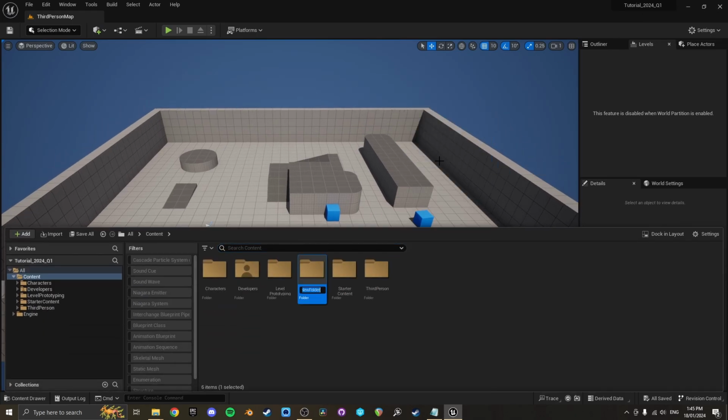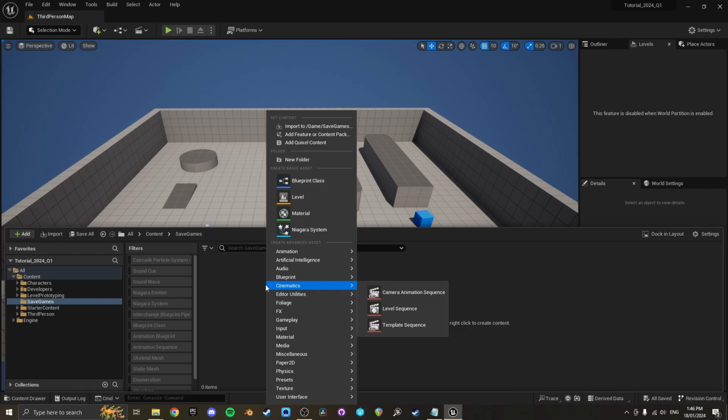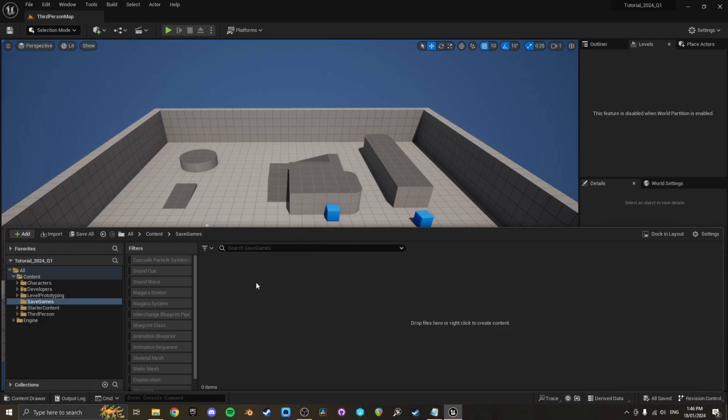I'm just going to create a new folder down here and call this save games. The first point to say is that I do all my saving and loading from a blueprint function library, and the reason that I do that is because saving and loading is something that I want to be able to